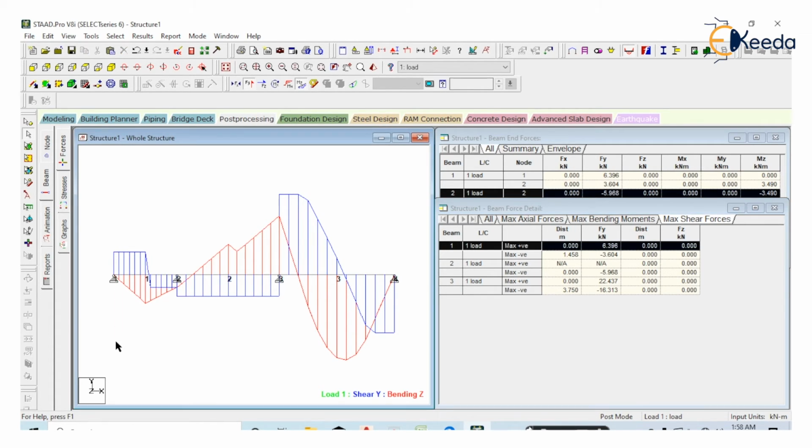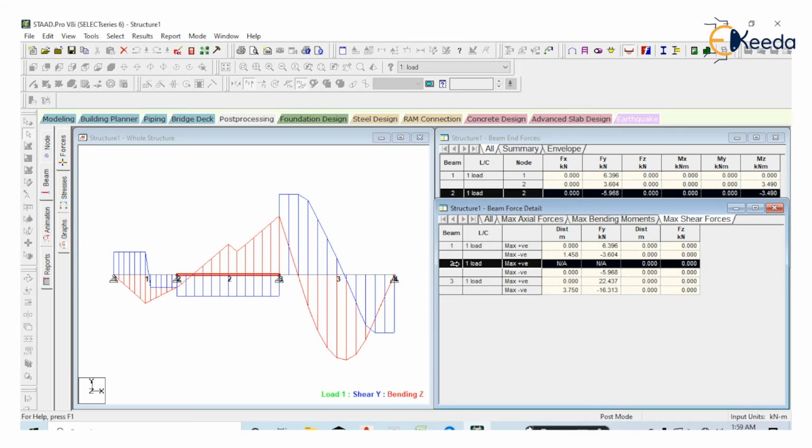which means the start point of the beam, is 6.396 kilonewton. Maximum negative shear force at a distance of 1.458 meter, the value is minus 3.604 kilonewton. Like that you can see the maximum shear force values for beam number 2 and beam number 3. Okay,